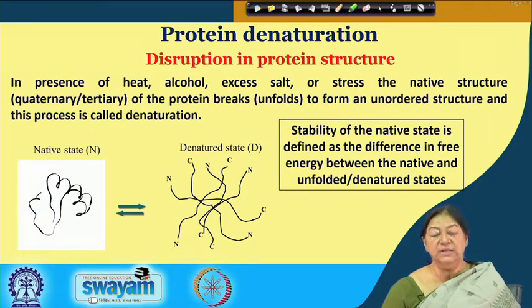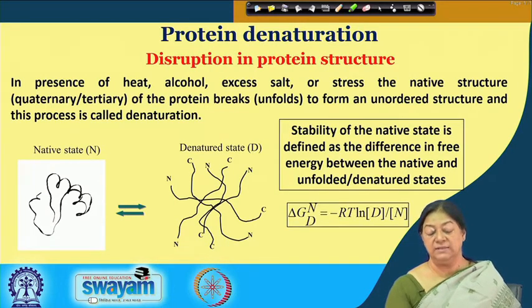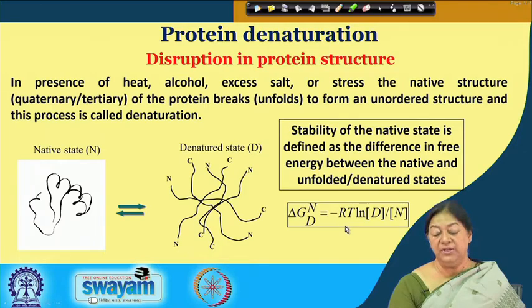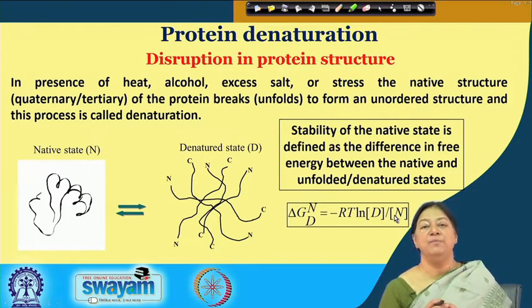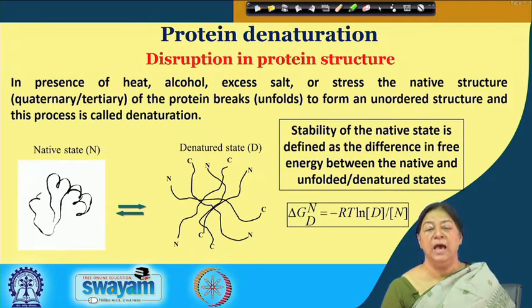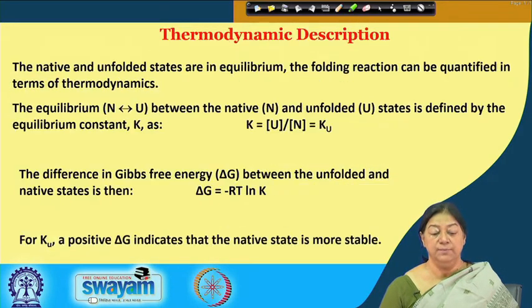Now, when we consider these states, we will look at the free energy. The free energy is an equilibrium between the denatured and the native state. So, there will be conditions where we will have a partial unfolding of the structure, and we will try to monitor this unfolding to tell us what the free energy of folding of the protein is. Now, the fact that a protein does fold spontaneously means that this delta G has a negative value. But what does it mean in terms of the other thermodynamic quantities in protein folding?